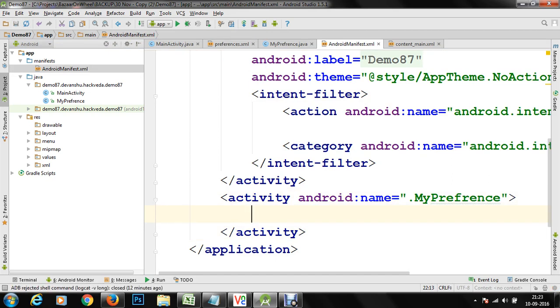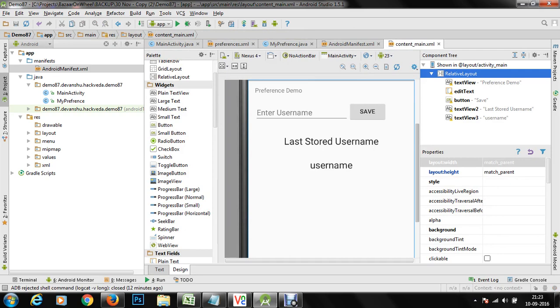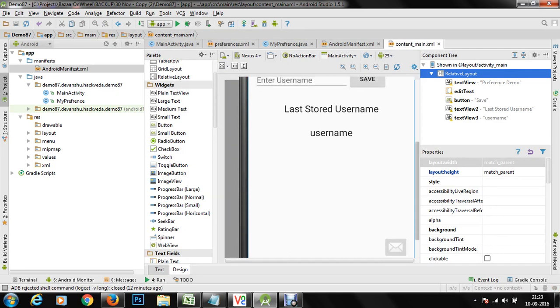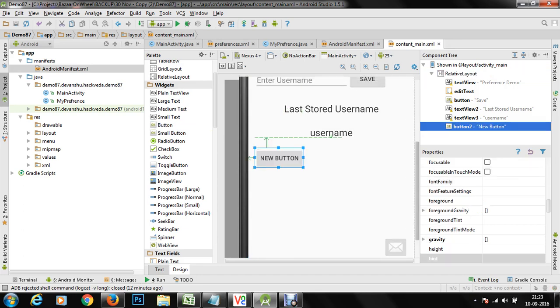Now, this time I would like to add preferences using another way. Last time I was saving the preferences with the save option. This time I'm going to open my preferences using another button, and I'm going to call it settings. Let me call this button settings.